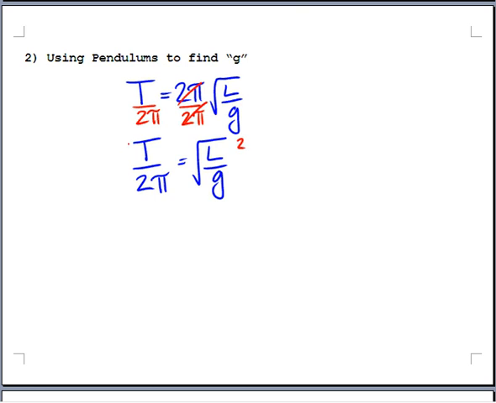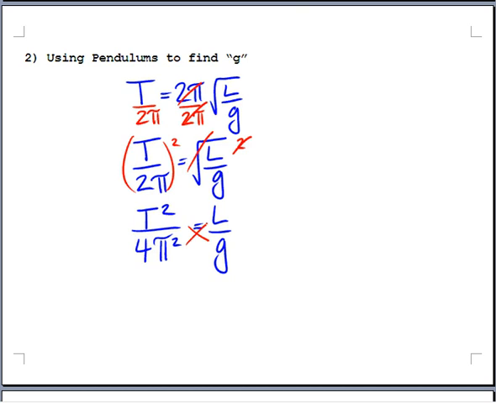And what's kind of weird is when we square like that left-hand side, we actually square everything there. So the T gets squared, the 2 gets squared, and the pi gets squared. And then over on the right-hand side, it just cancels out the square root sign. So we're left with T squared over 4 pi squared, because 2 squared is 4, pi squared is pi squared, equals L over G. We can cross multiply. Maybe I'll show that. So we're going to multiply diagonally. That leaves us with,